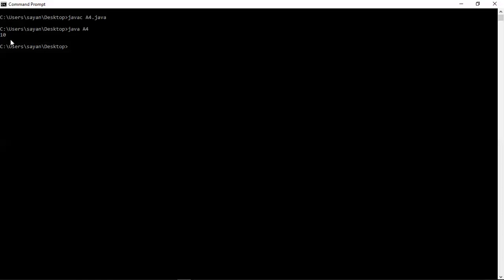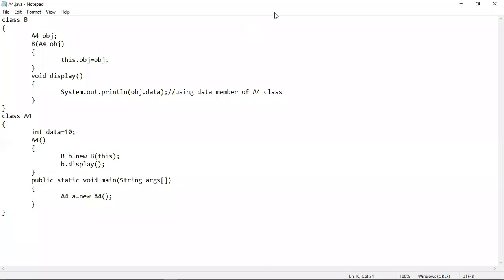Just as I told that the output should be 10, and yes it is, the output is 10. Now let's go back to the program. So this is how we can use or pass this keyword as an argument to a constructor call. Here you can see that passing this keyword as an argument to this constructor call is necessary. If you don't do it, then this program is going to give you an error.